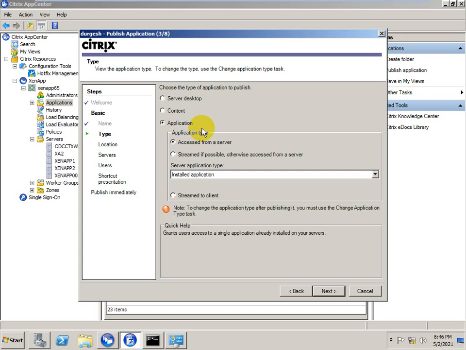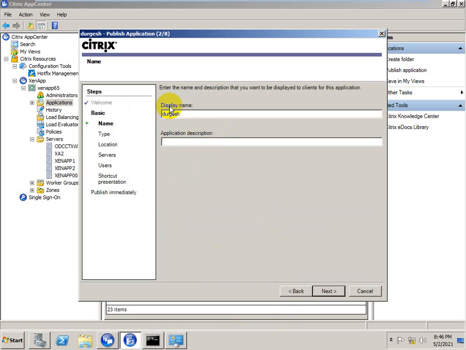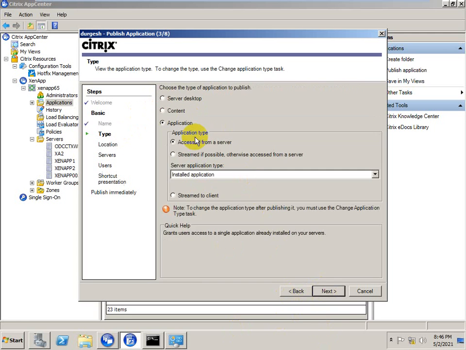Okay. So very first name of the application. Then you need to choose either server desktop, content, or application. Content, you can see the content, but you cannot make any changes.